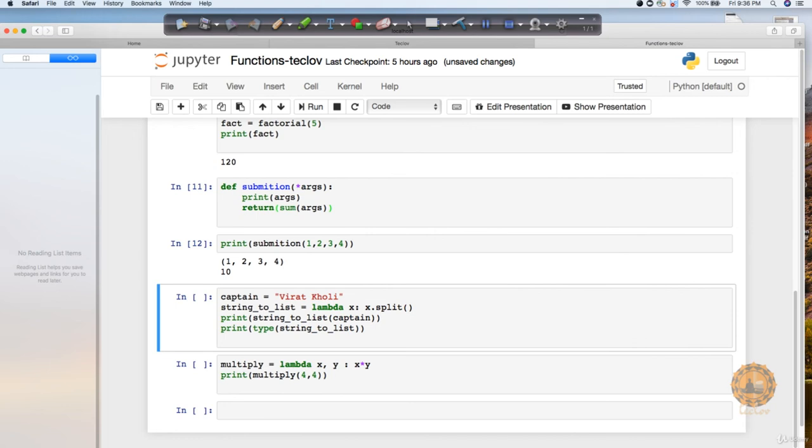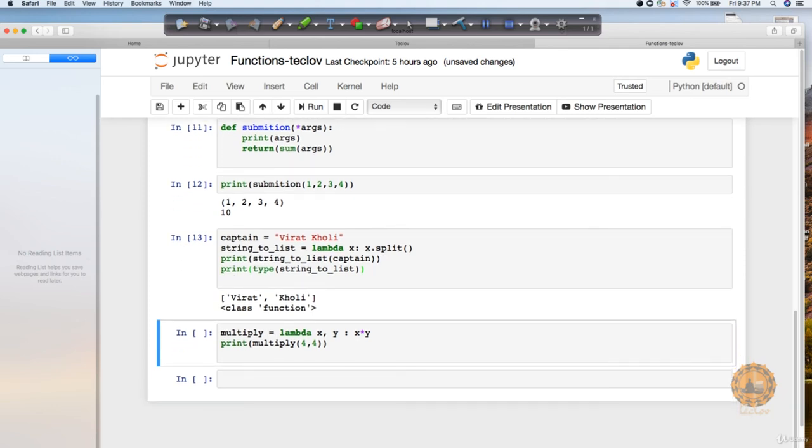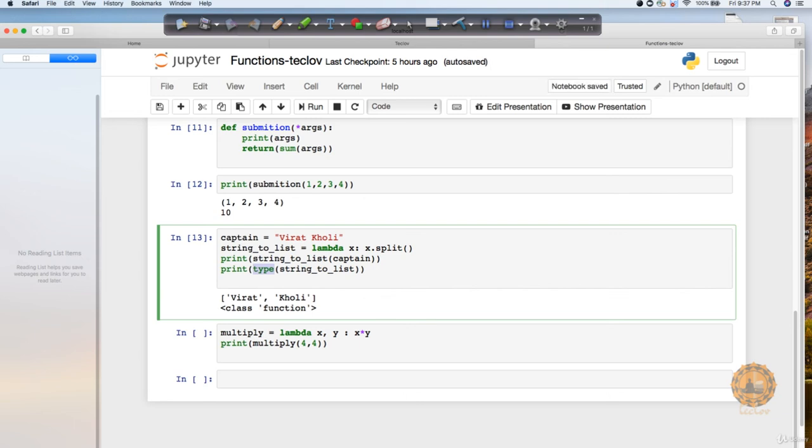And whatever input is going to come in it, I'm just going to apply the split function on it. So here, in this string to list, I'm passing this captain, which means now x will be taking up Virat Kohli and going to split it up into Virat and Kohli separately. Let's execute this. So you can see that it's splitting up two words, Virat and Kohli, and that's the reason we got Virat Kohli as two separate things. And if I do a type of this, you can see that it's returning that it's a function. It is telling me also explicitly that it's a function. So lambda is quite useful in terms of you need not define functions, and specifically you can write quite interesting code in it.